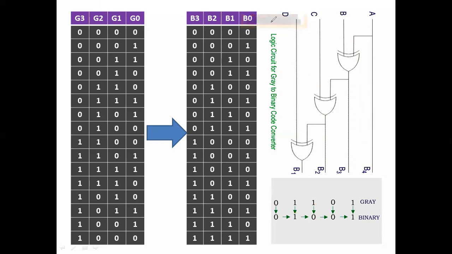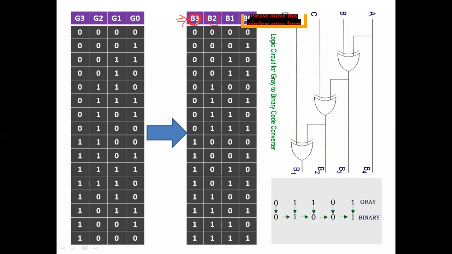By using this, you have to convert all the given gray numbers into their equivalent binary and tabulate it. The reason is, after drawing this truth table, you are going to design a combinational circuit by using the Karnaugh-Map method for the required code conversion. The required code conversion in this case is binary, because the given numbers are gray code. So 4-bit binary numbers are required.